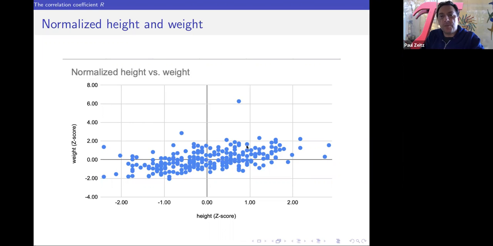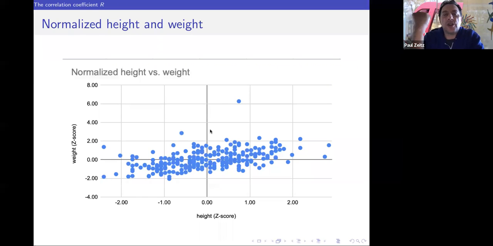And everybody has been assigned their coordinates based on their z-score. So this person here has a z-score of 6 for weight, because the standard deviation for the weights, I think, was like 20 pounds in this sample. So they were like 120 pounds above the average, and their height was less than 1 standard deviation, which was about 3 inches or so. So they were about 2 inches above average in height, but about 120 pounds heavier than the average.